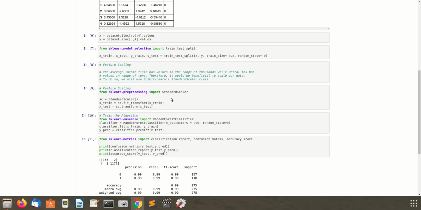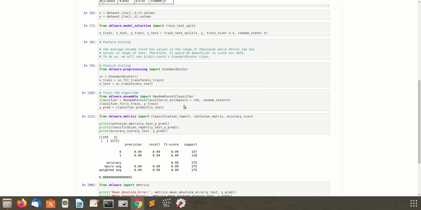Then the implementation of the main algorithm, that is RandomForestClassifier, from sklearn.ensemble import RandomForestClassifier. sklearn is a very important library which contains mainly all the machine learning algorithms.